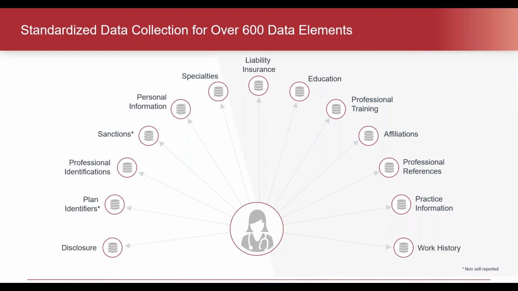After surveying the information healthcare organizations use for credentialing, sanction monitoring, and improving directory accuracy, we've standardized the frequently requested data elements, which is another method for us to ensure that we're capturing the most reliable information for the providers. As you can see, there are over 600 data elements that the industry is asking for. We've standardized that to be even more efficient in how we collect and validate this information, so it speeds up your time overall.